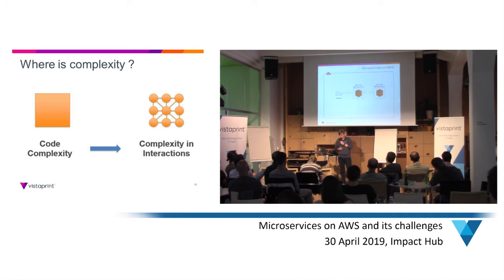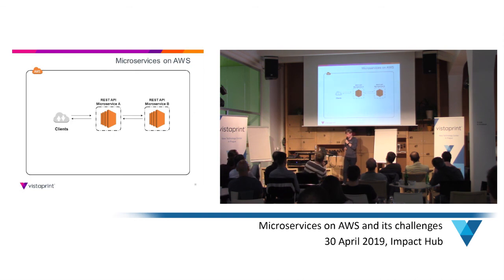Let's take a look at a small example of microservices. We have only two, as I can't imagine anything smaller than that. I'm just putting a box there saying microservice, but it could represent any kind of infrastructure. I assume there is a load balancer if it's needed and scaling is already set up, so we don't touch this topic anymore, and we try to think about what other challenges we can see here.